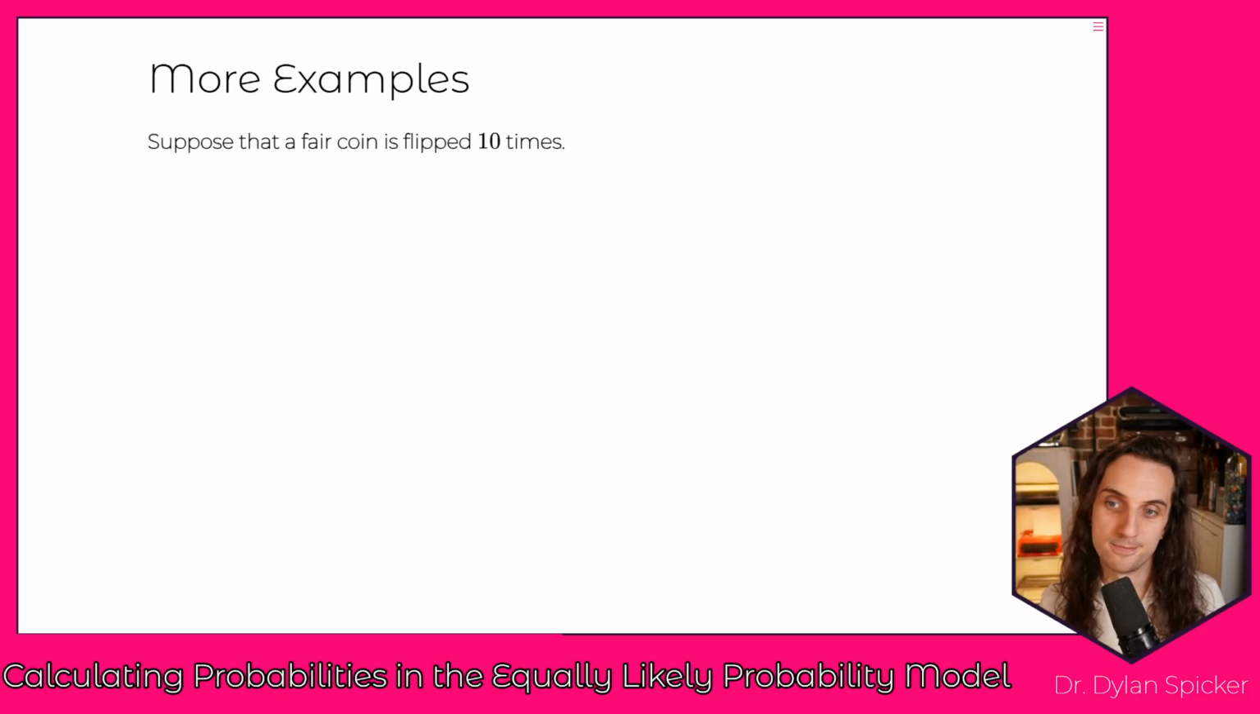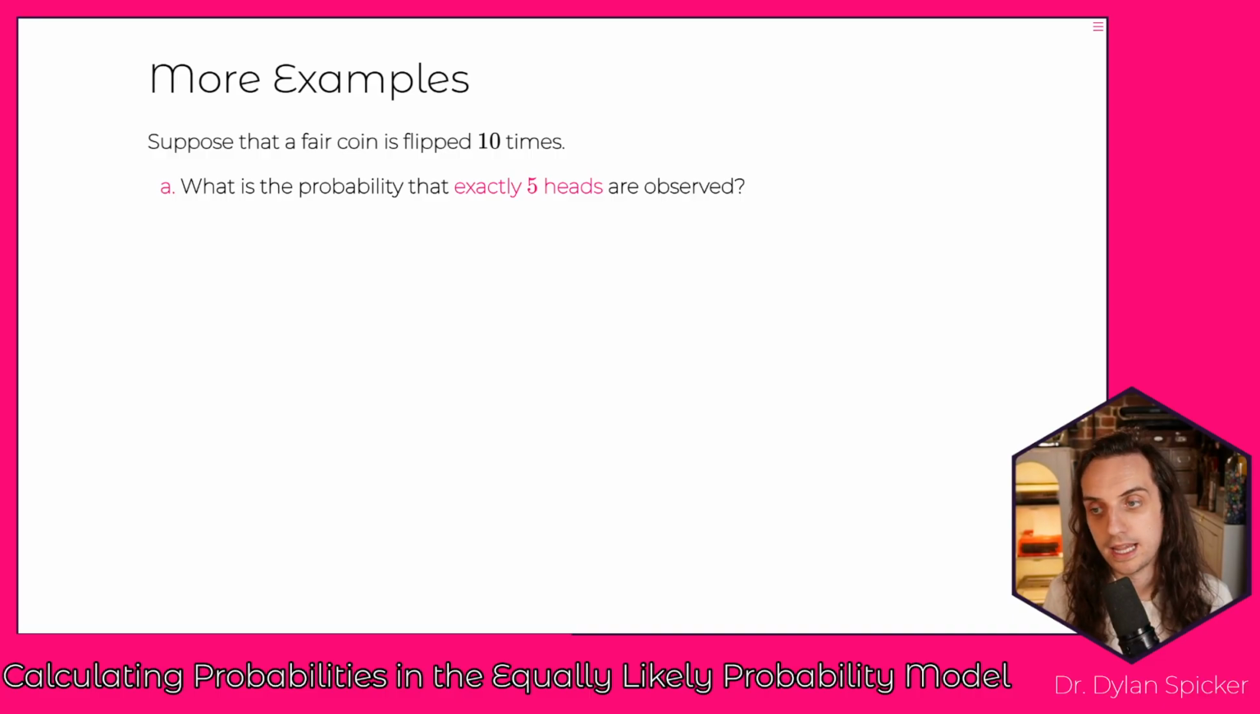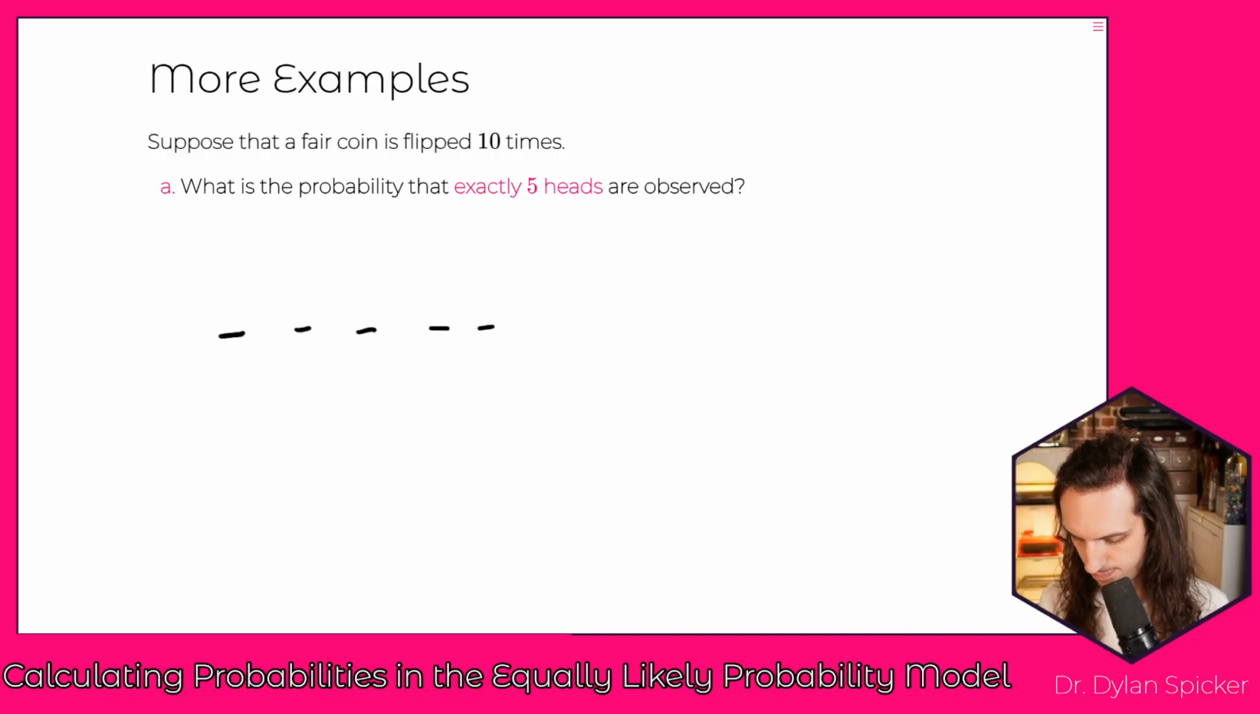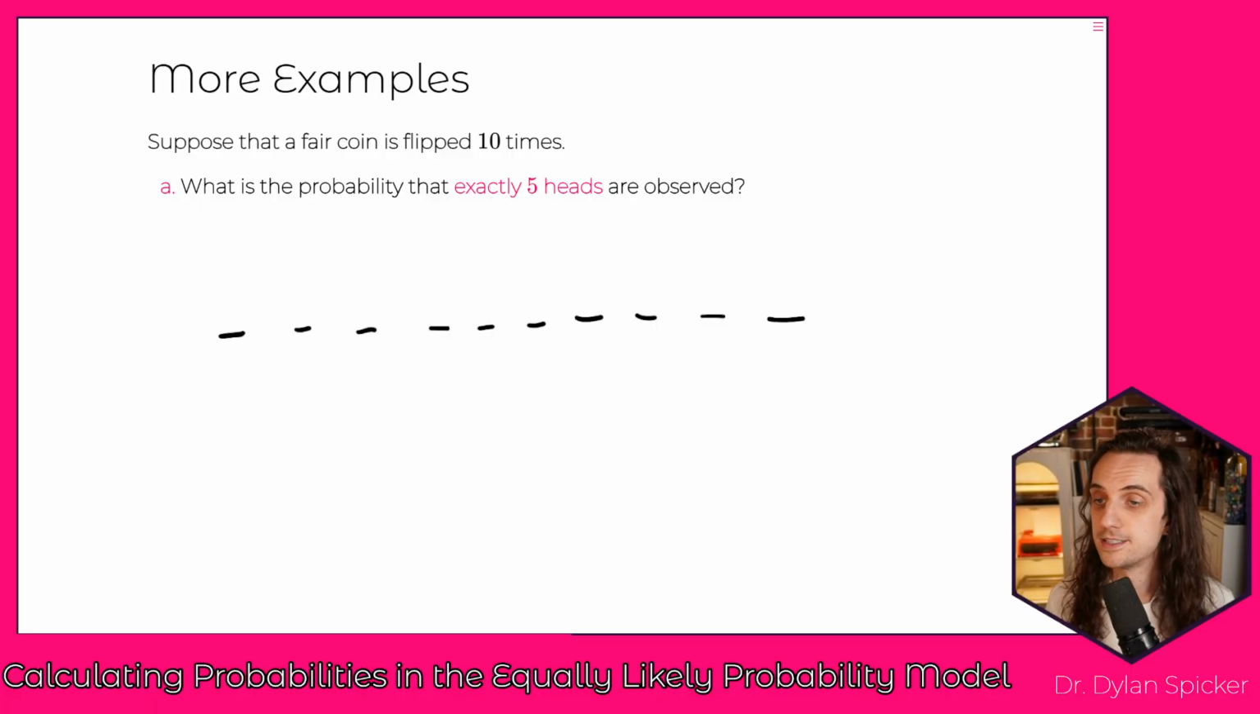So let's take a look at some more examples now. We have a fair coin. It's being flipped 10 times in a row. What is the probability that we have exactly 5 heads being observed? Okay, and so here, right, we can think about this as we have our 10 flips, right? And what we want to do is choose 5 of those locations for there to be